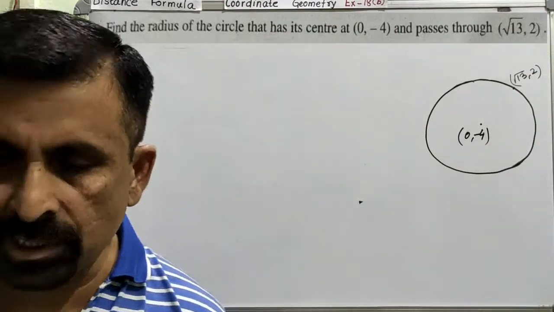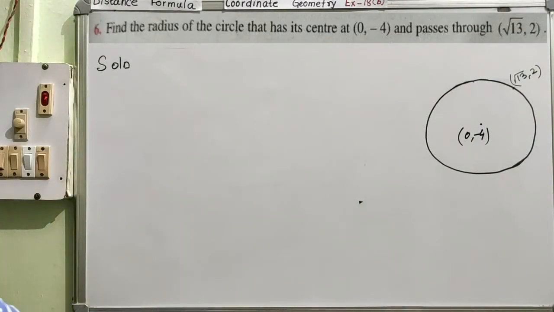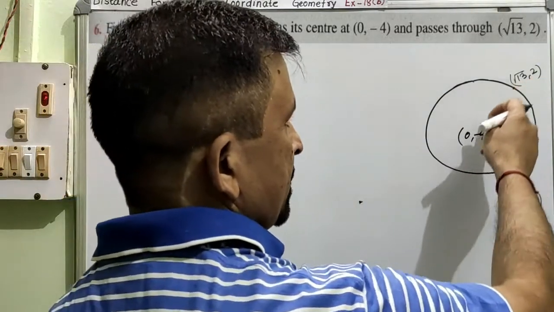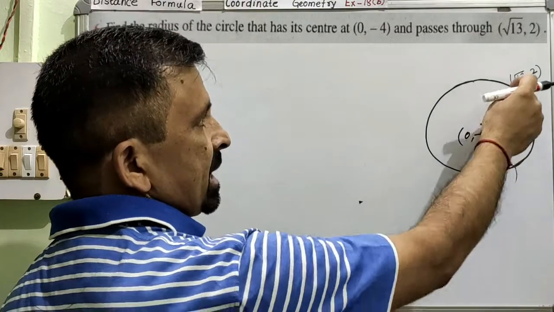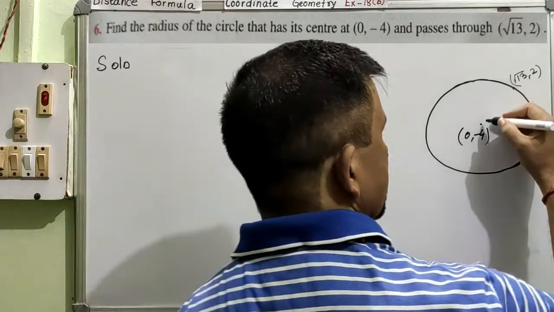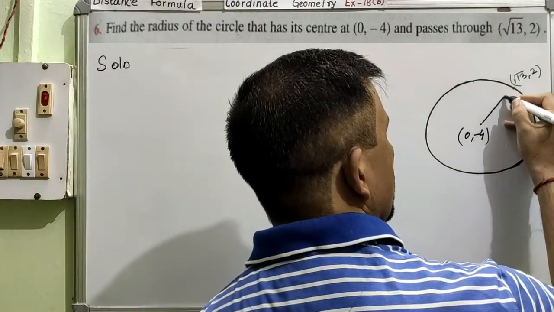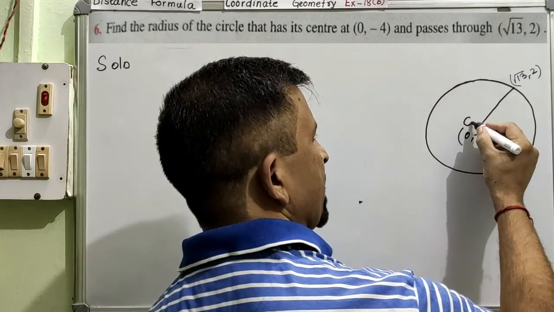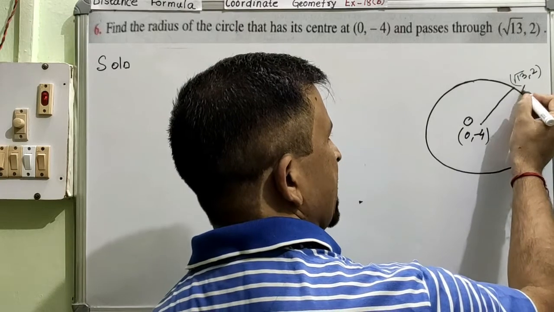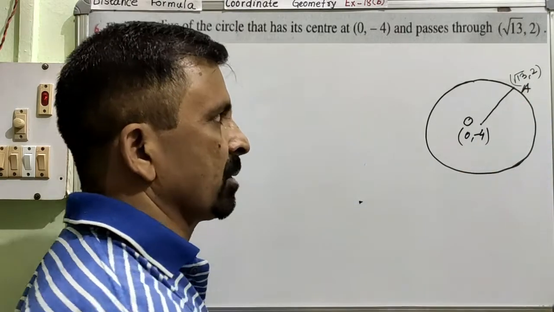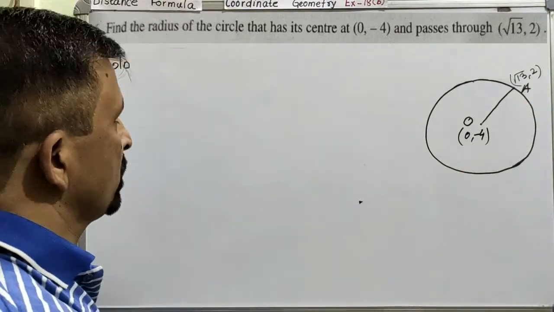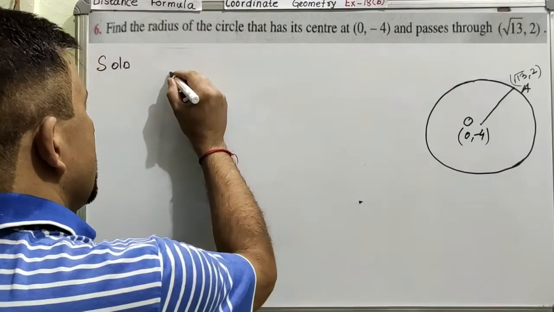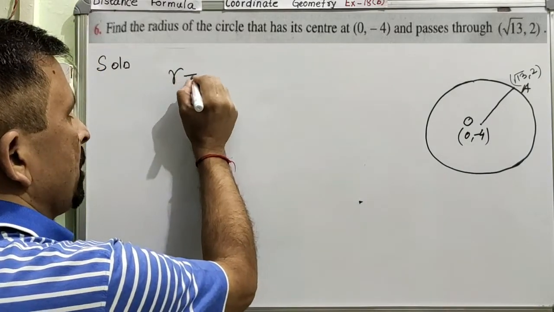Is this okay? So this is the situation. Now we have to find out the distance between these two, and the distance between the center and the circumference is called the radius. So therefore we are going to calculate the length of the radius. Suppose this point is named O and this point is named A. That means we are going to find the distance between O and A, which is called the radius. So we are going to calculate the radius, right?